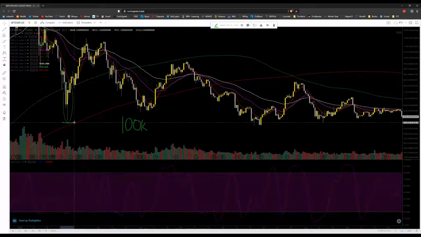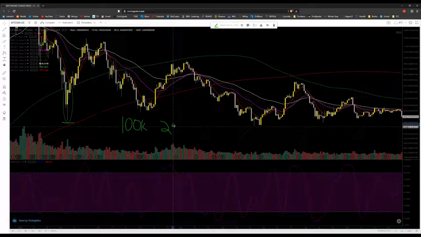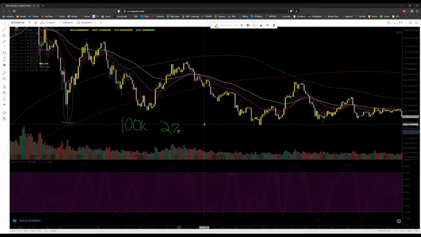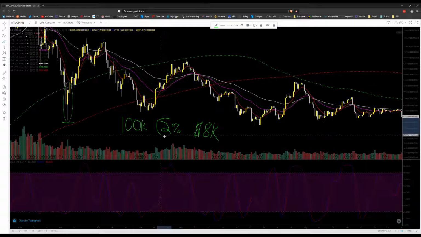It tells you your stop goes below here, and it's exactly 23% away from your entry. If you have a 100K account and you're willing to lose 2% max, which I picked as the standard, that's $2,000. This defines your risk, so in this case you can risk about $8,000, because 8,000 times about 23% is around $1,900, right under that 2% max loss